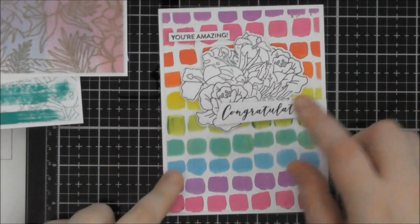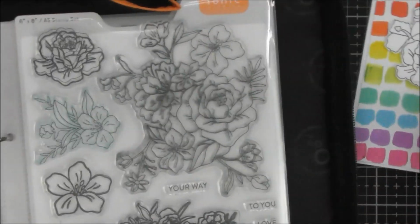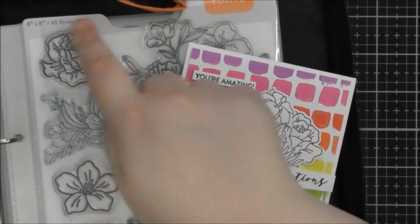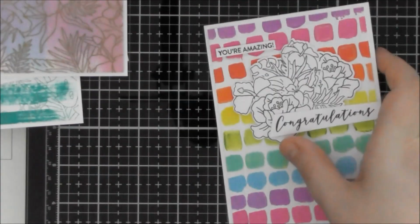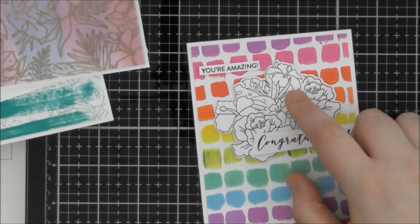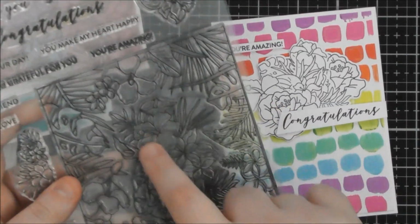And you might notice that this flower is actually from the first Stamp Club. So the Heartfelt Corsage that came out as the first ever Stamp Club stamp set, I was using this flower. So I've got a couple of those flowers hidden here, and then I've also got in there the heart. So this was the heart from the new stamp set, plus this little hibiscus flower, which is from this portion